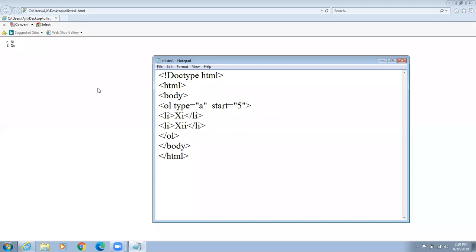So we have seen the attributes type and start, and the last remaining is reversed. Okay. For that, use reversed is equal to reversed.